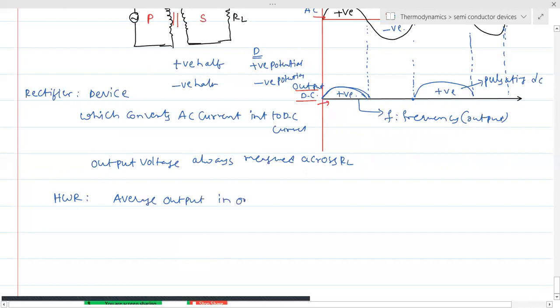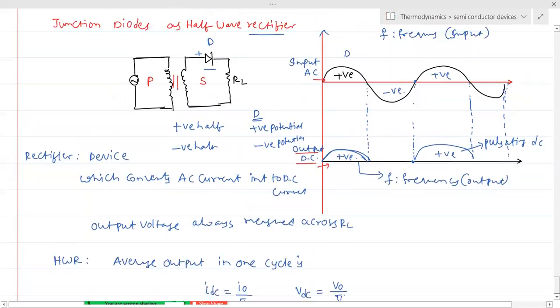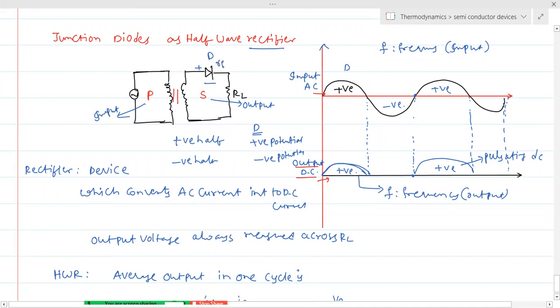in one cycle. From the integration, we will obtain these values, taking the output DC equivalent to I0 by pi. I0 is nothing but the maximum current, and VDC also we have as V0 by pi. So here the secondary means output, and the primary means input we will consider. In the output you will see we have two resistors. One is RF, which we already know,